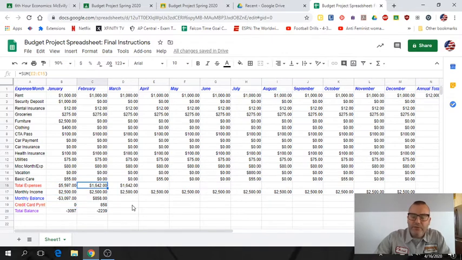Okay? And then you'll go to your second month, add up all your expenses. Your expenses in that second month should be less than your income for that month. So my expenses in my second month were about $1,600. All right, I had $2,500 worth of income, so my balance for that month was I have $858 left over.